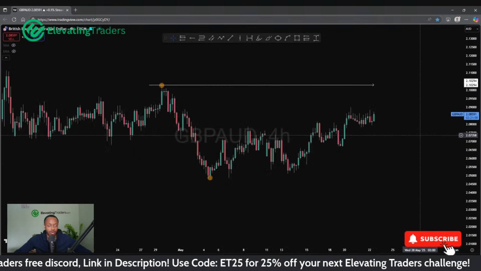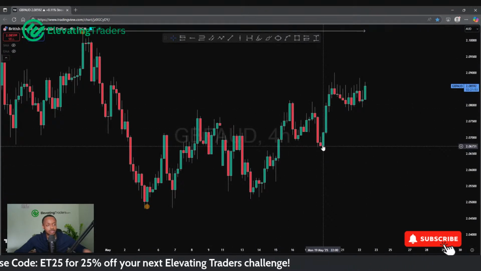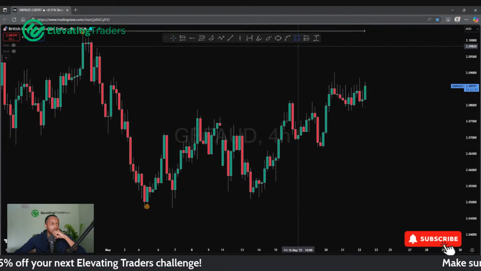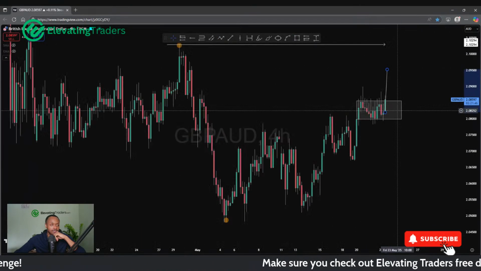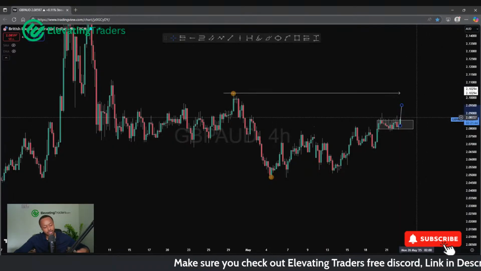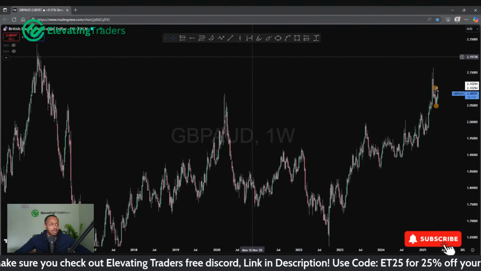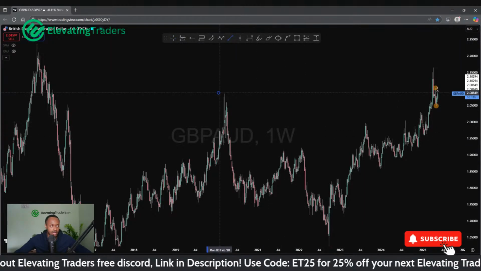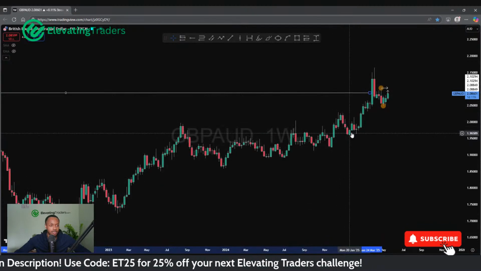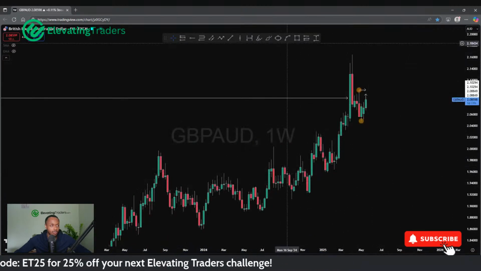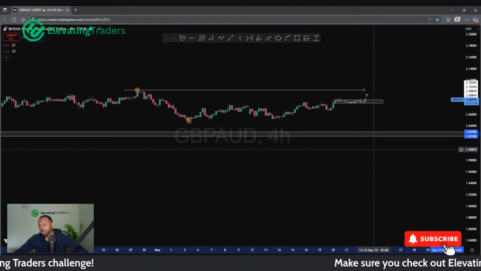So I'm still looking for a lower high. But all I'm seeing is momentum, consolidation, continuation, more consolidation here as well. I won't be surprised if we do see another continuation. Now, I do still think the bigger move for pound Aussie is to the downside, taking into consideration where we're trading. The fact that we're taking out major highs here to the left, these are from COVID. I do think price can push down and pull back, perhaps retest some structure here to the left, which was the original plan there for pound Aussie.